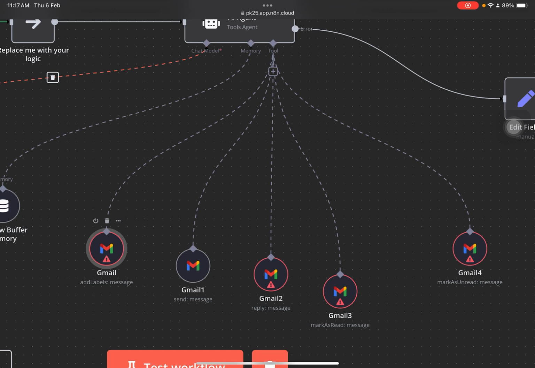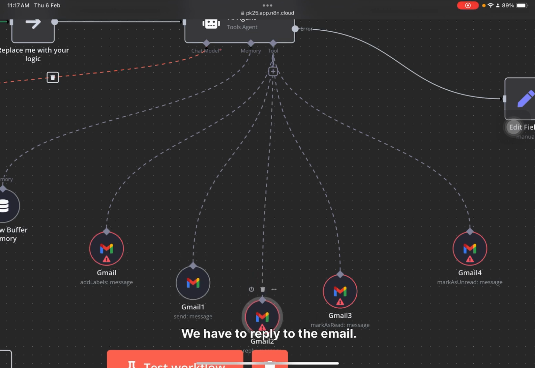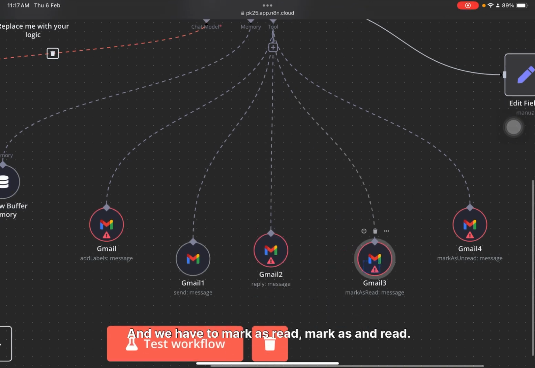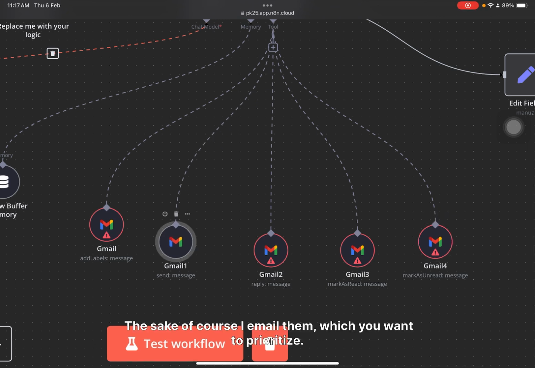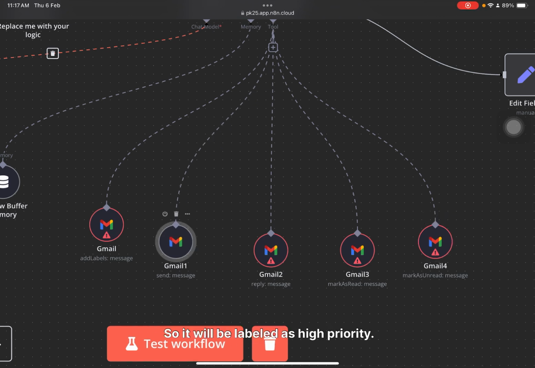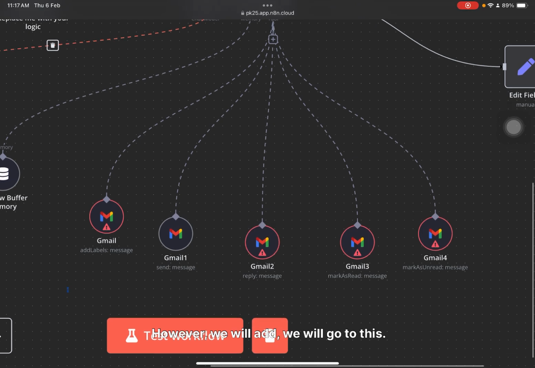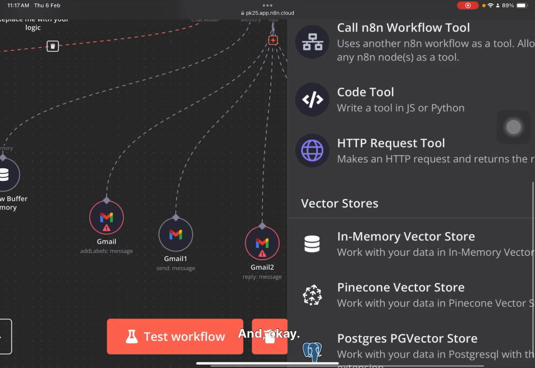So we have to label it, we have to send email, we have to reply to the email, and we have to mark as read, mark as unread, okay. For example, there is some email which you want to prioritize, so it will be labeled as high priority, okay. Some emails which you want to reply to, so you will go to the reply email. How will we add it? We will go to this and